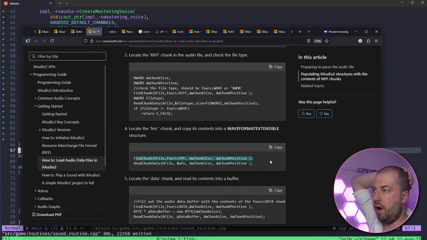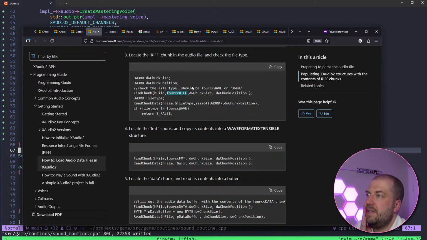Oh, right, okay, fine. So this finds the riff chunk and gets the riff data. Reads the chunk data. So we do need to do this multiple times. Yeah, we'll tidy this up, I think.